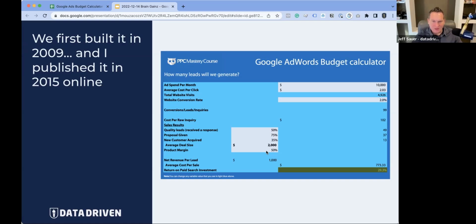So this is the reason why this is even necessary in the first place: Facebook or Google ads can always tell you, if you spend this much money and you have this much per click, how much you can expect, right? But they can never really relate it to an offline sale or a sale that happens outside of there. They also don't incorporate things like agency fees, margins on your product. And they also don't incorporate lifetime value of customer. And so those are different things that you can't get out of a system. And that's why we needed to build our own calculator.